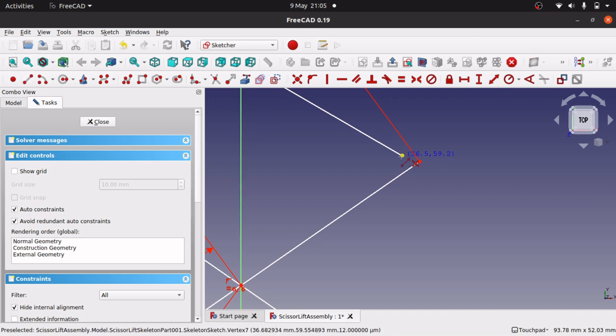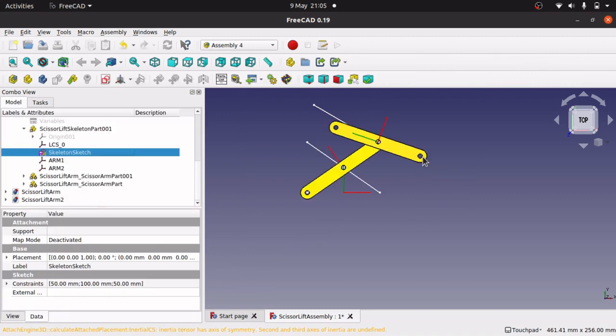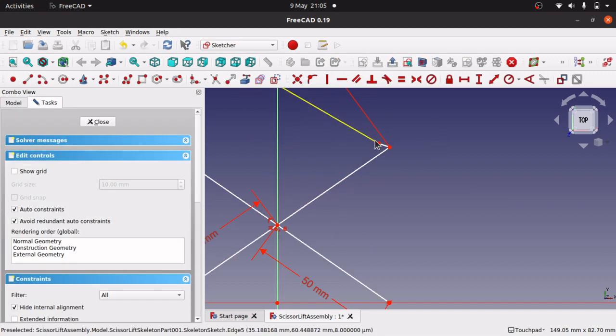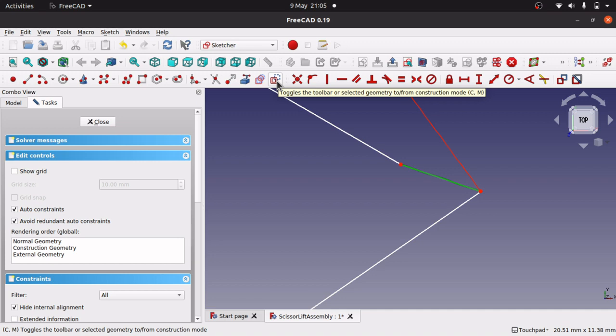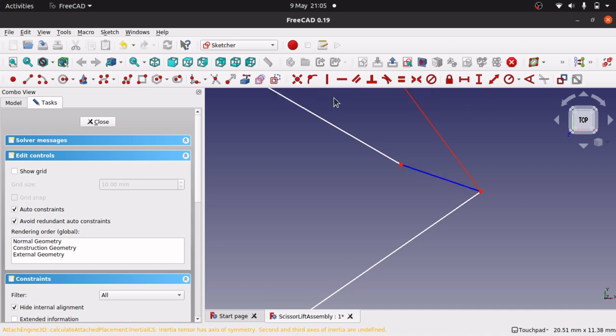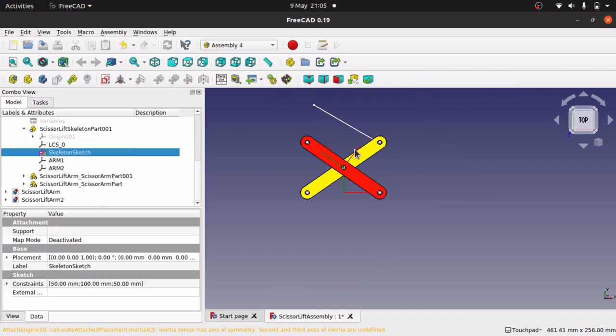So if I place a line that connects that one and that one, then we should receive some problems on the other side. So let's go back in and let's try making that a piece of construction geometry. So I've clicked on that. Let's come up here and use the toggle selected geometry to construction geometry and close that,